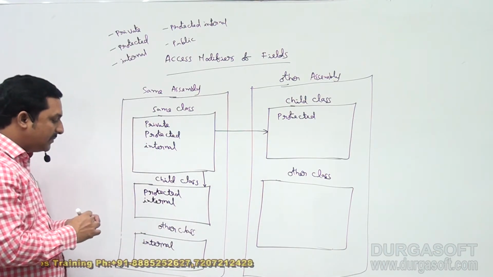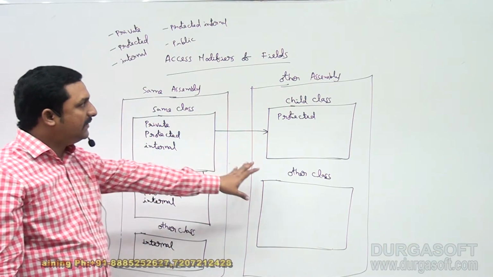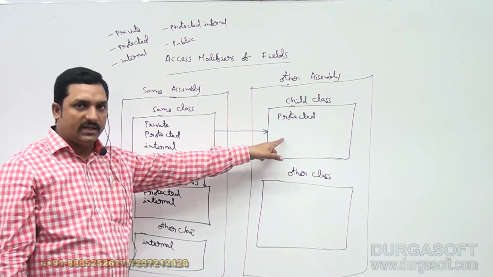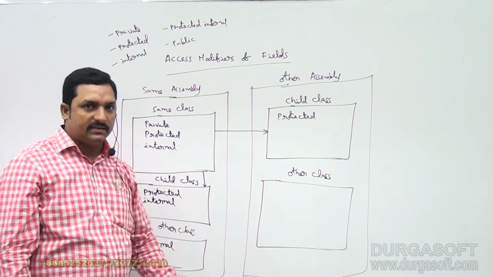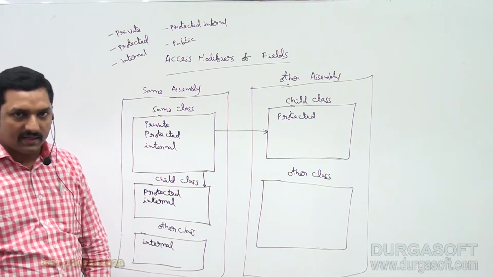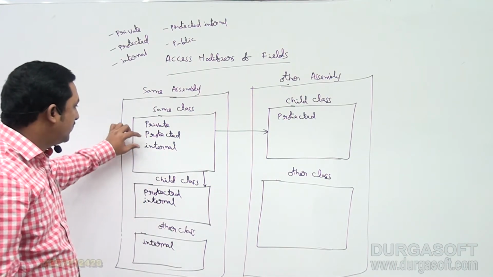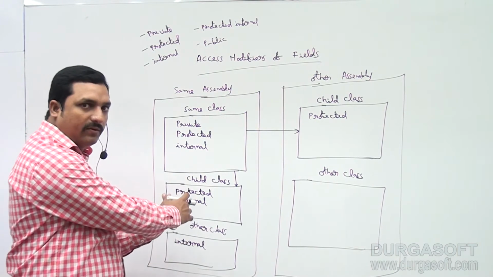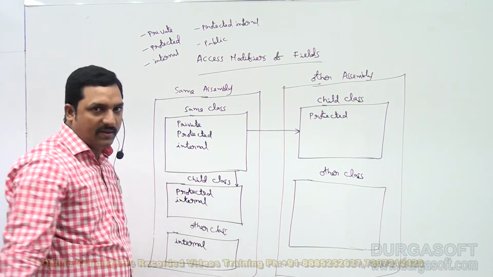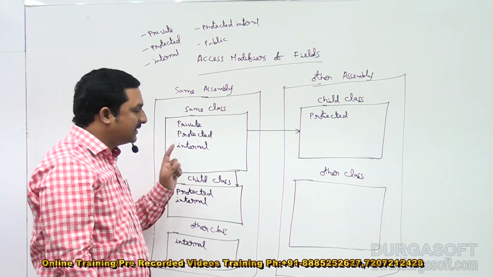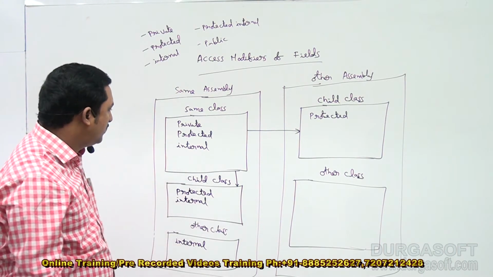But this internal member is not accessible anywhere in the other assembly. In the other assembly, in the child class or maybe in the other class, nowhere it is accessible. Internal means within the same assembly only. If you go outside the boundaries of the same assembly, it is not accessible. That is what you call internal. Next,